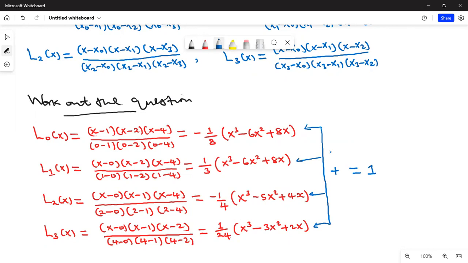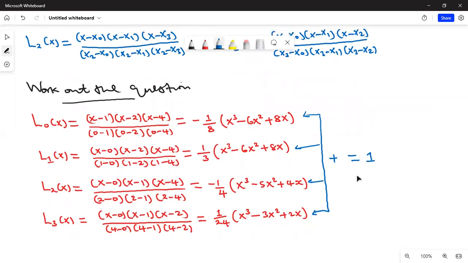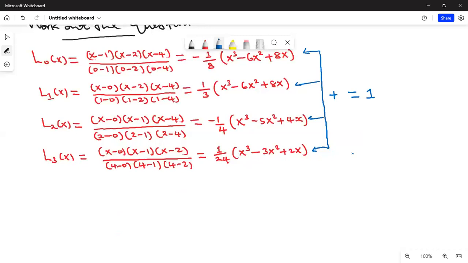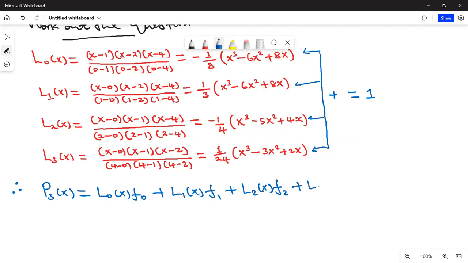Now, let us substitute them back into our polynomial. So you say, therefore, our P3 of x is the same as L0 of x F0 plus L1 of x F1 plus L2 of x F2 plus L3 of x F3. So we replace them. The first one, that was negative 1 over 8, negative 1 over 8 times x cubed minus 6x squared plus 8x